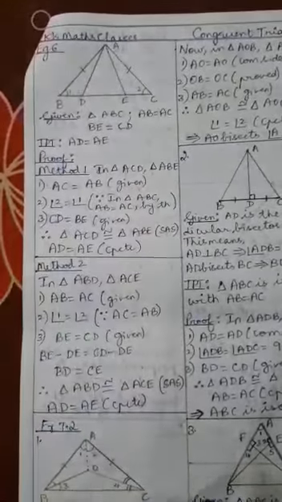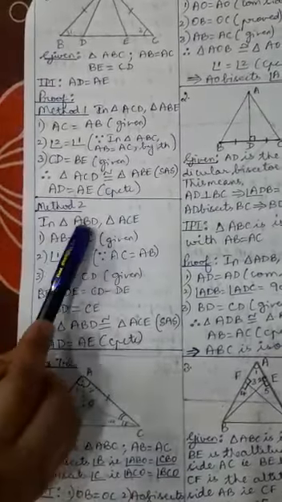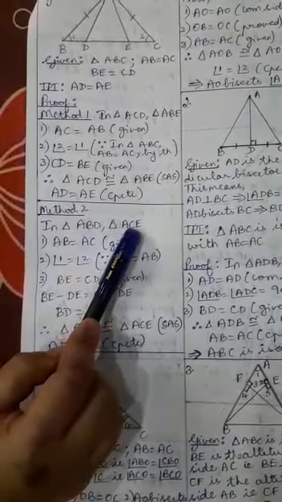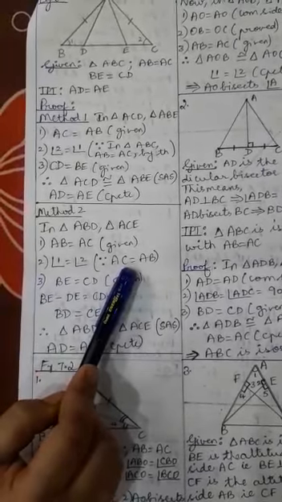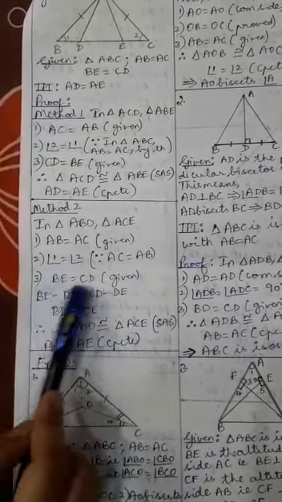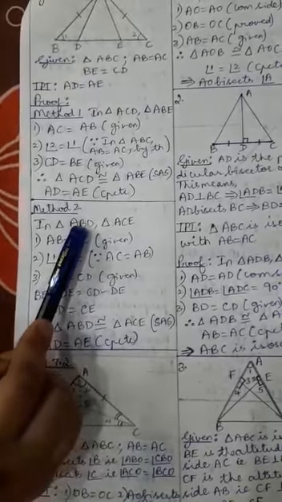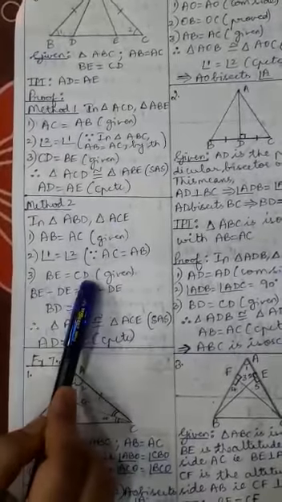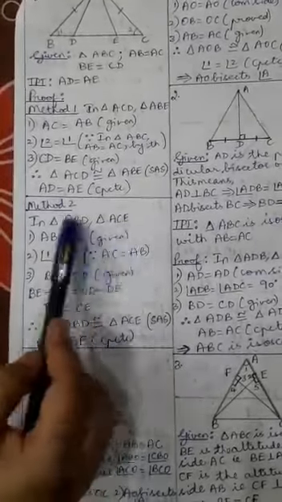Alright. Now see the other case where we take up these two triangles. AB of this first triangle equals AC of the second triangle. That's given to us. Angle 1 is equal to angle 2, also we understood, because these two sides are equal, the angles opposite to them are also equal. Now we have this information BE equals CD. But BE is not a side of the first triangle, nor is CD a side of the second triangle. So we just have to manipulate this information, meaning convert this information to a different information so that we can use it in these two triangles.